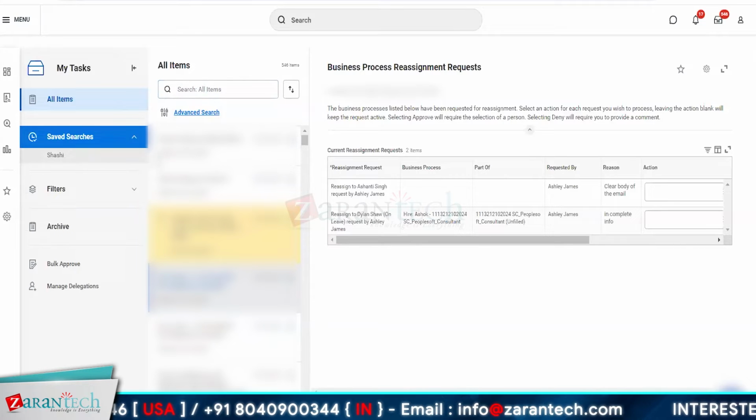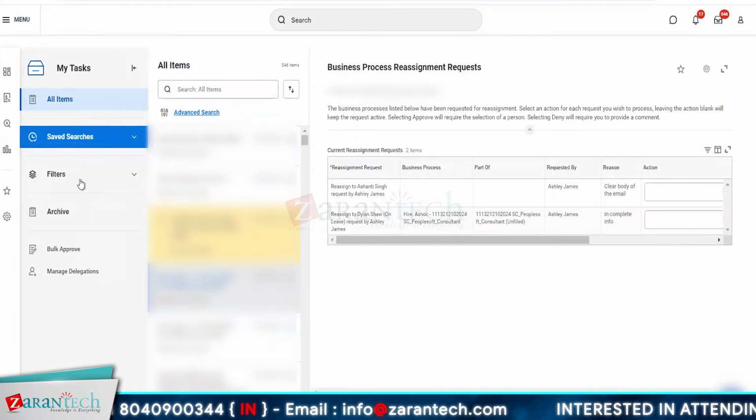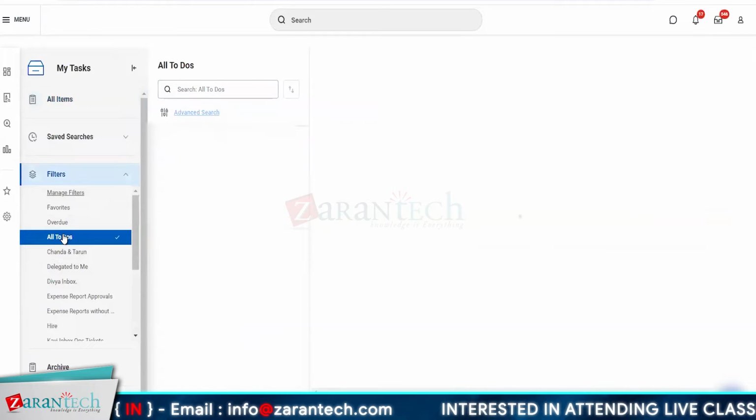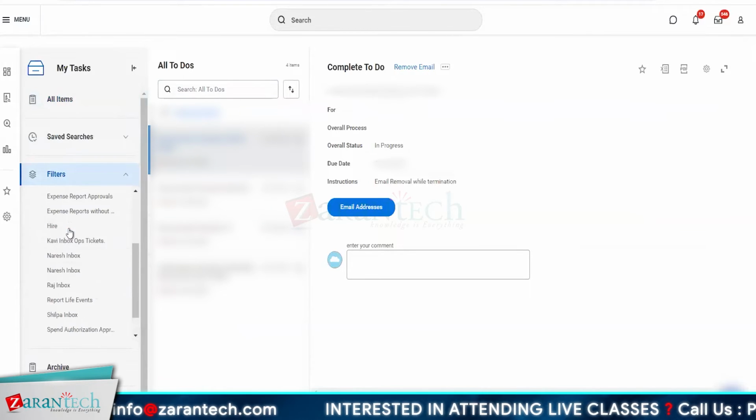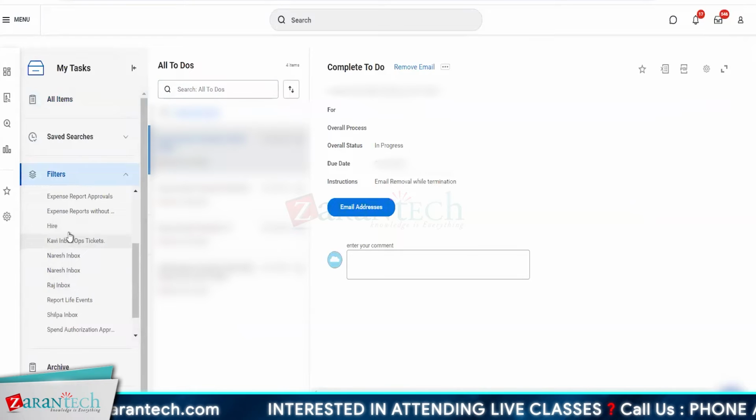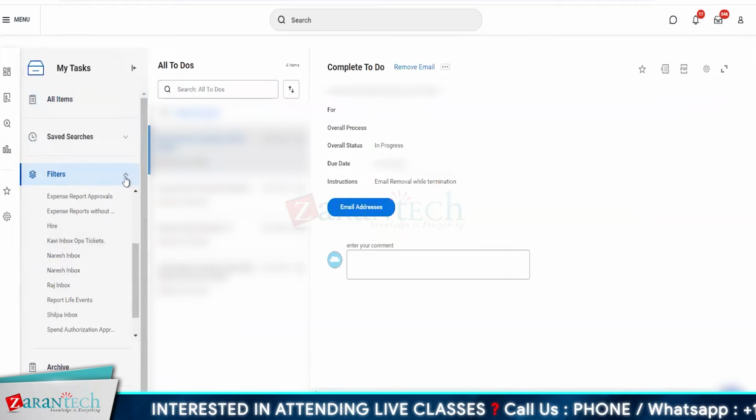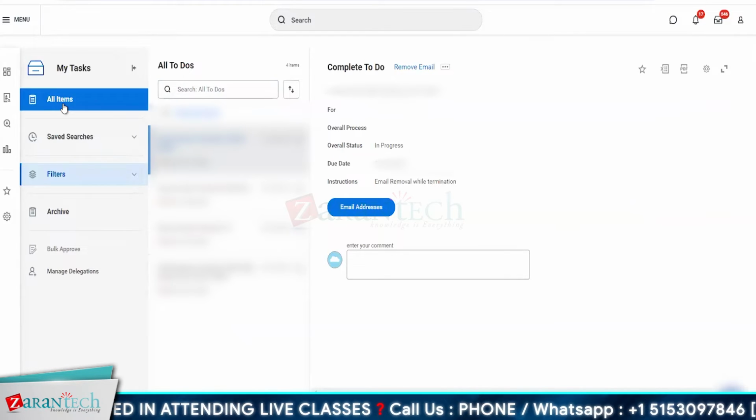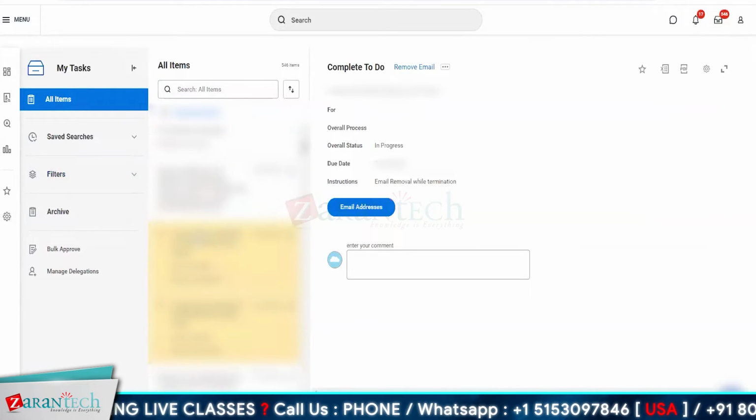Basically, if you want to save a particular type of search, you can save those searches, and you can have active filters. You can manage those filters, like All To Do tasks. You will see all the to-do tasks over here. If you want to see any specific type of task, you can save those filters and view it. So this is not super important, but this is for you to understand. Basically, you will always end up using All Items, where you will see all the tasks that are currently available